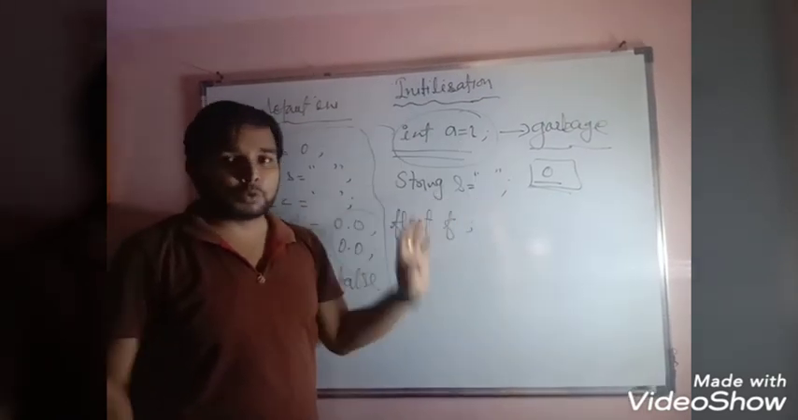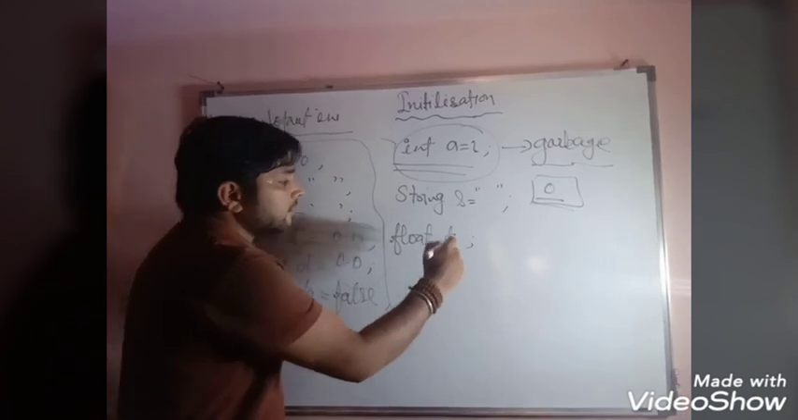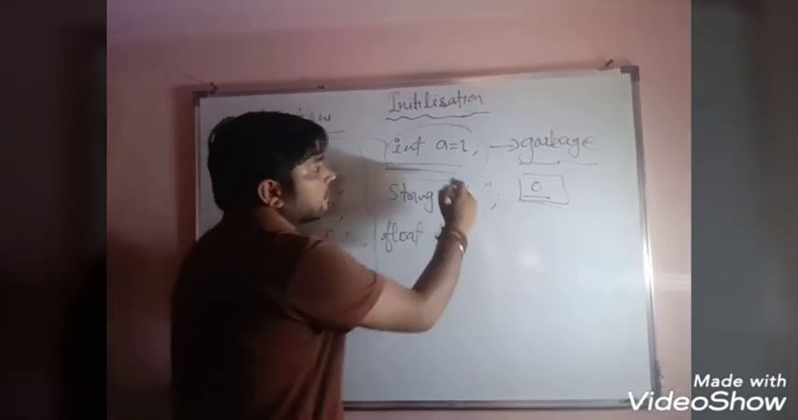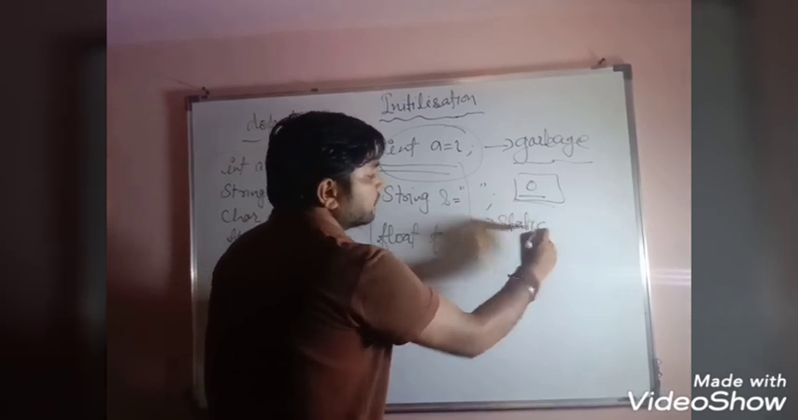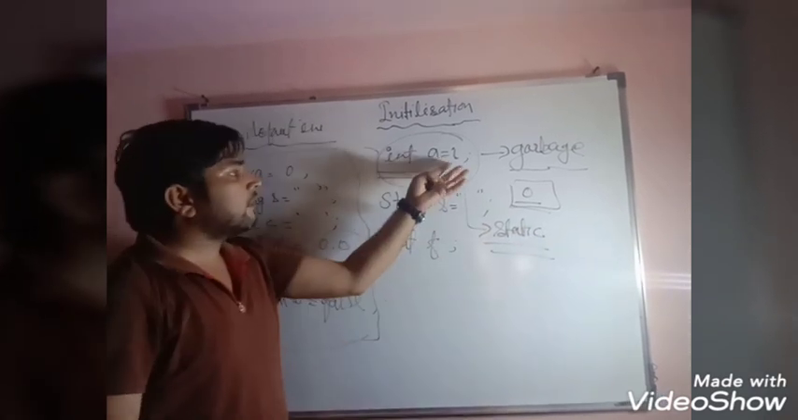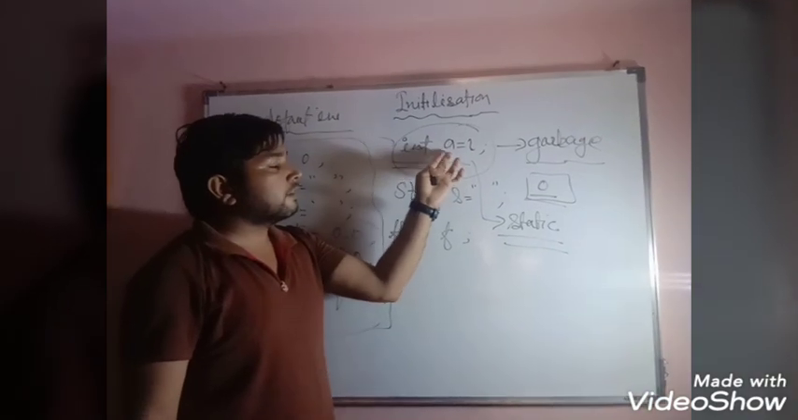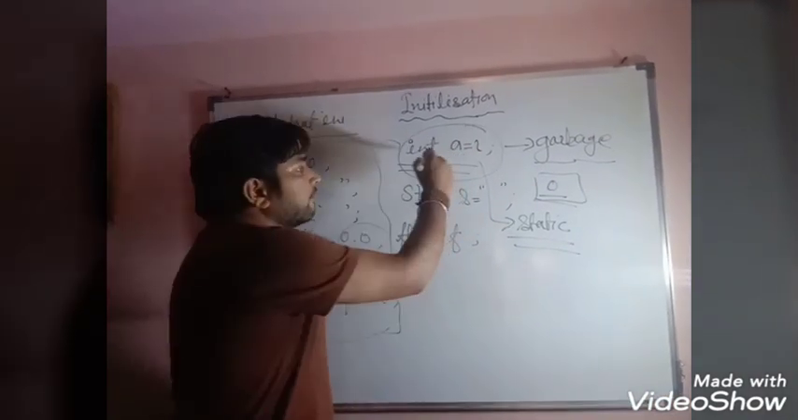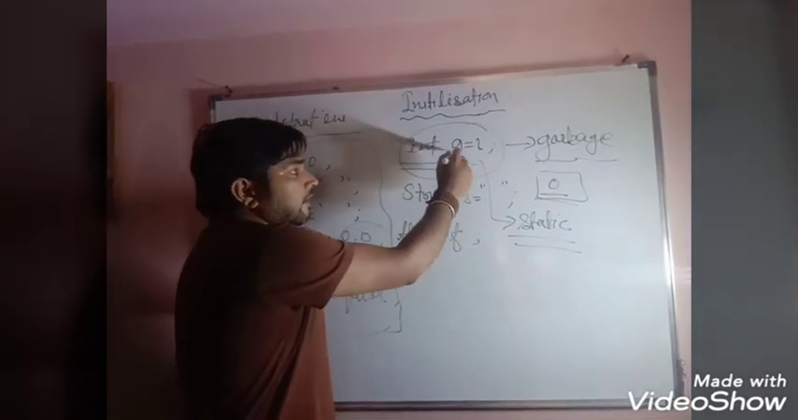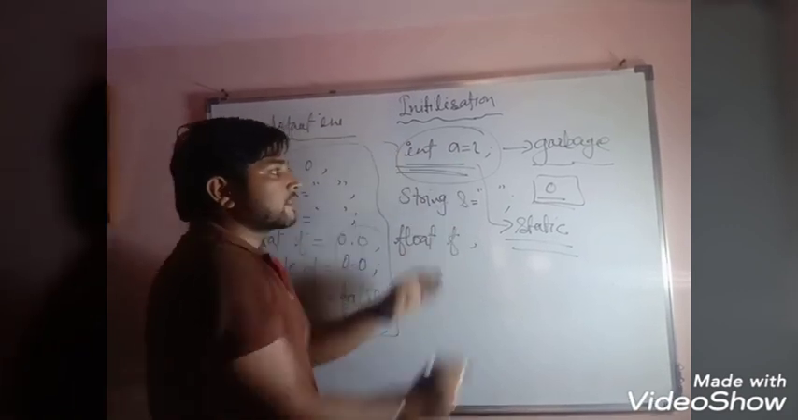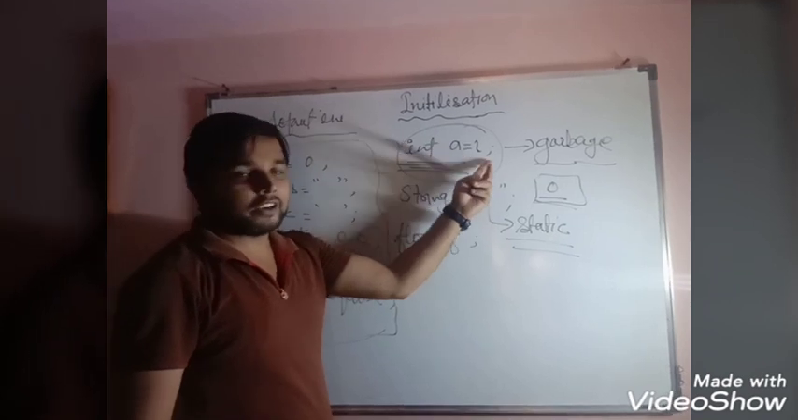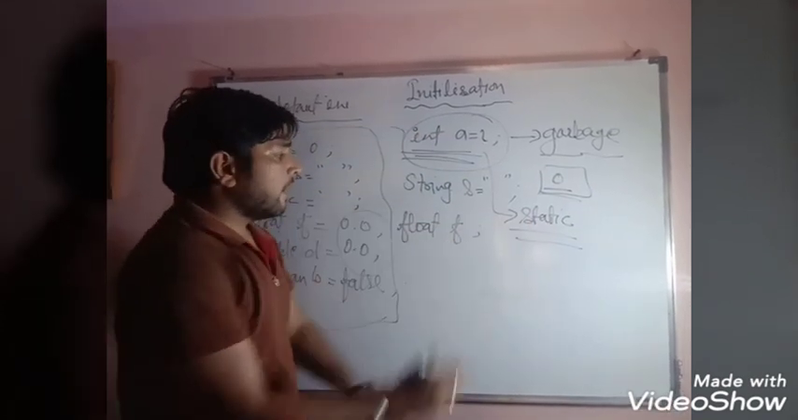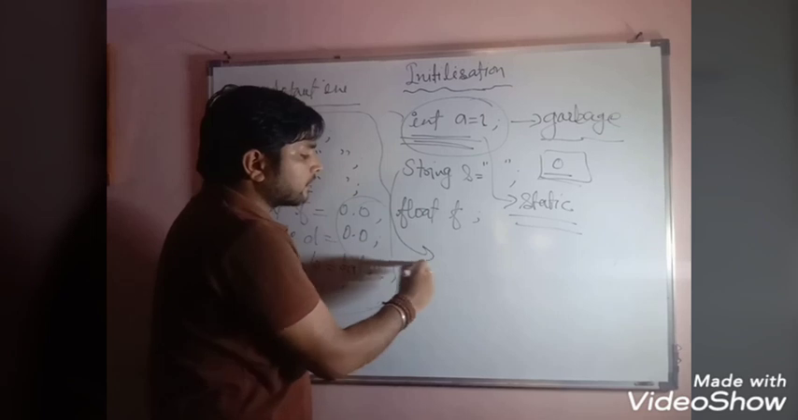Initialization is mainly of two types. First is static initialization. This is an example of static initialization. It means when you are giving the value at the variable declaration; we have defined int a. This is called declaration. When you give the value at the time of variable declaration, then it is called static initialization. And when you give the value at the runtime,